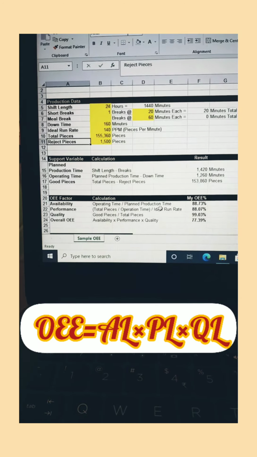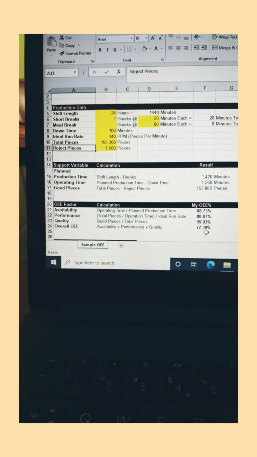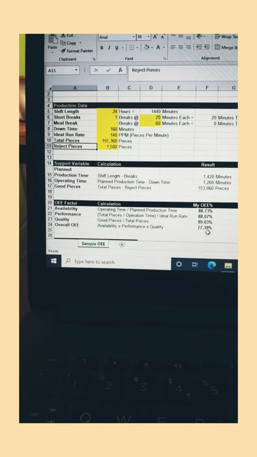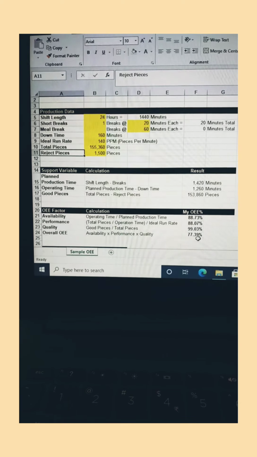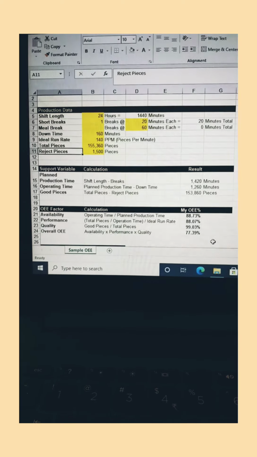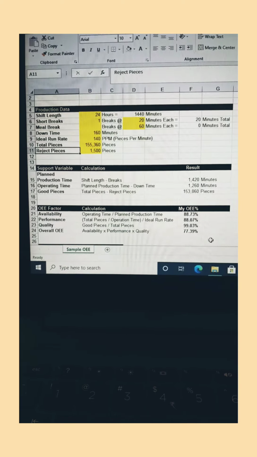Based on this, you can evaluate your machine performance. This is 77, which means you have to work more on your manufacturing losses, because your loss is on the higher side. The overall worldwide standard, if your machine is performing well, is that OEE should not be less than 85%. So to get to 85%, you have to work on your loss structure, either more rejection, minor breakdowns, or bigger breakdowns. You have to work on these losses,